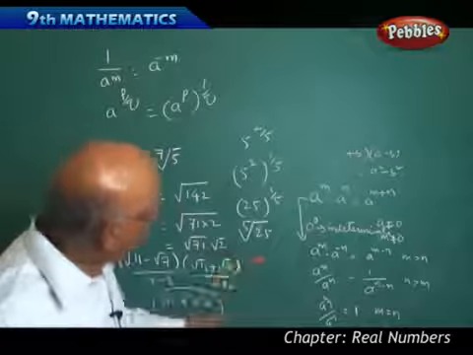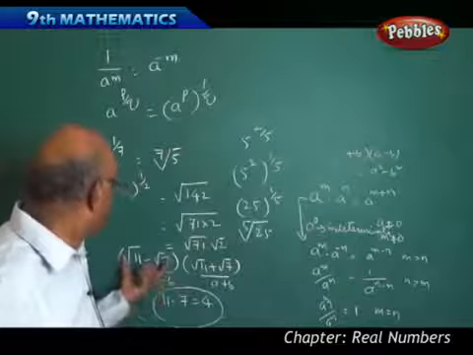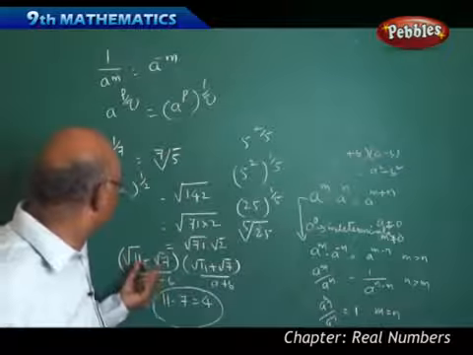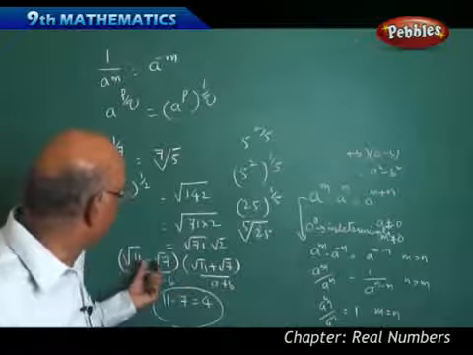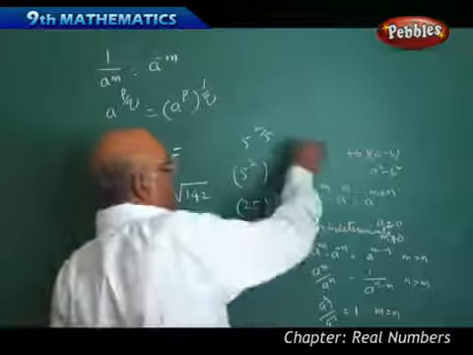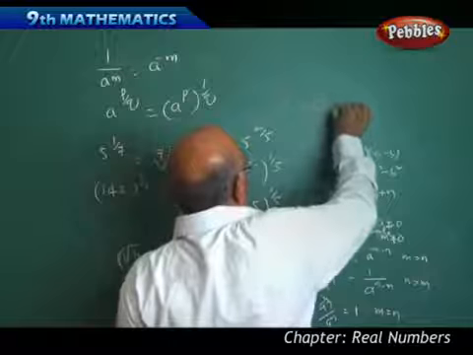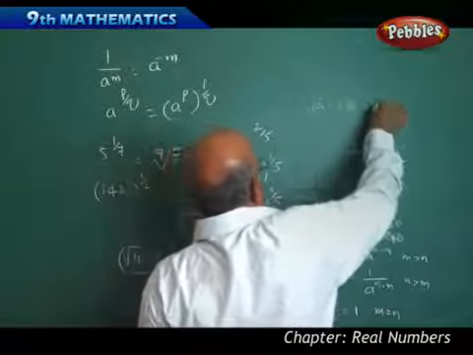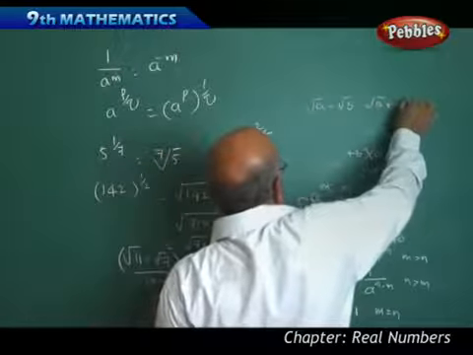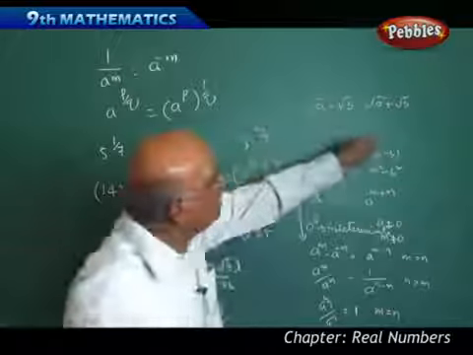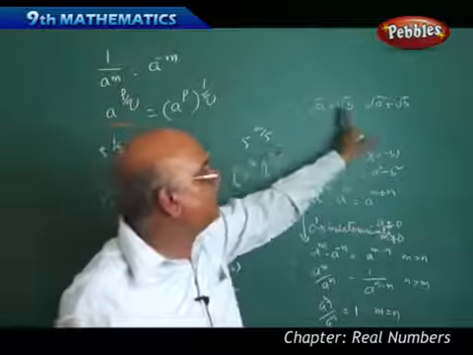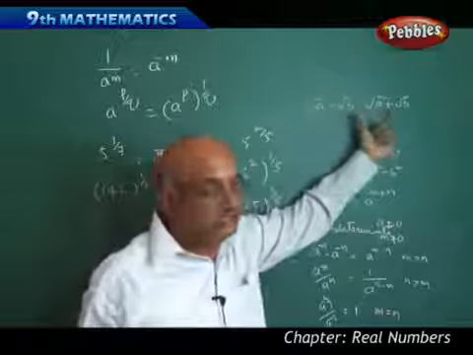Earlier we have studied that the conjugate of root a minus root b is root a plus root b. The purpose of the conjugate is that if I multiply by the equivalent surd with the opposite sign, we will get